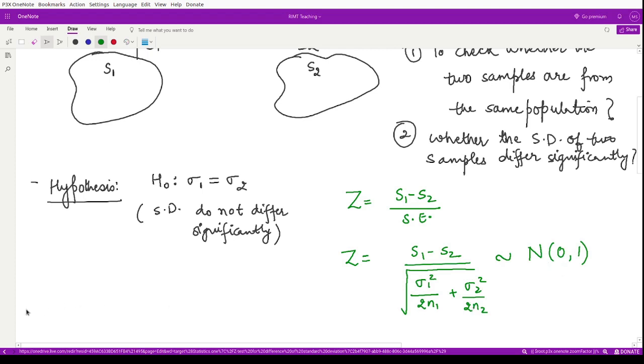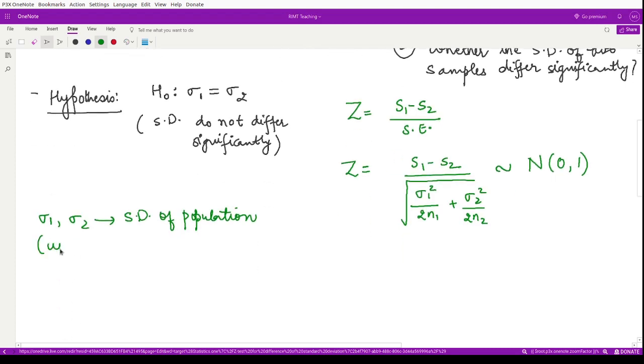Right? And what are these sigma 1 and sigma 2? Sigma 1 and sigma 2 are the standard deviations of the populations, and usually they are not known to us prior to solving the problem. So usually these are unknown. So what do we do if we do not know the values of sigma 1 square and sigma 2 square? For that, because we have a large sample size,